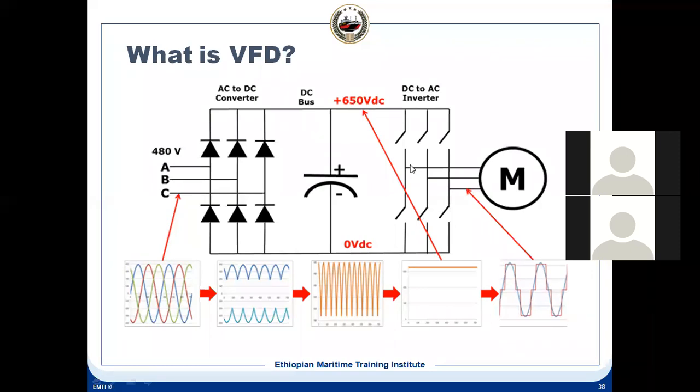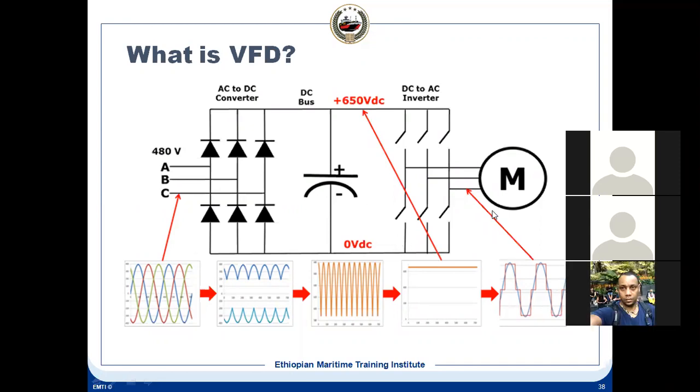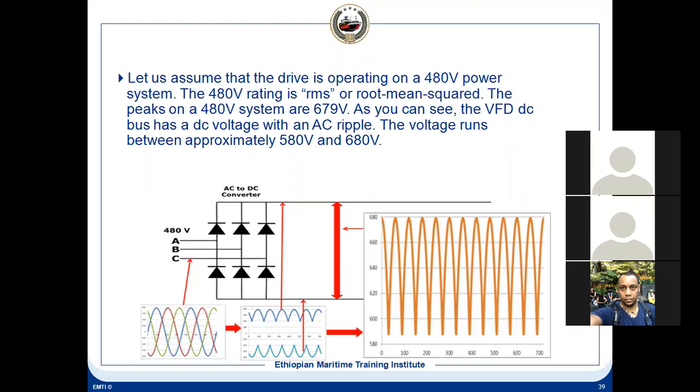Now here in the VFD you can see these are the IGBTs. They work like a switch, on and off, on and off. When it is on and off, it converts a DC into a fluctuating DC, or you can say it is an AC. It is not a sinusoidal AC, you can see the output. This method of conversion from a DC into AC is known as using pulse width modulation. So what is pulse width modulation? Let's see that when we come back to these slides.